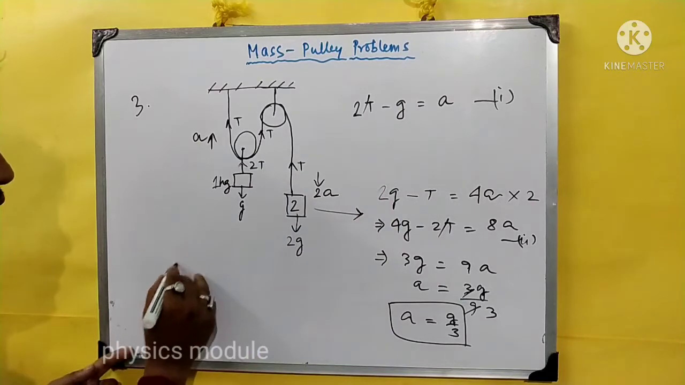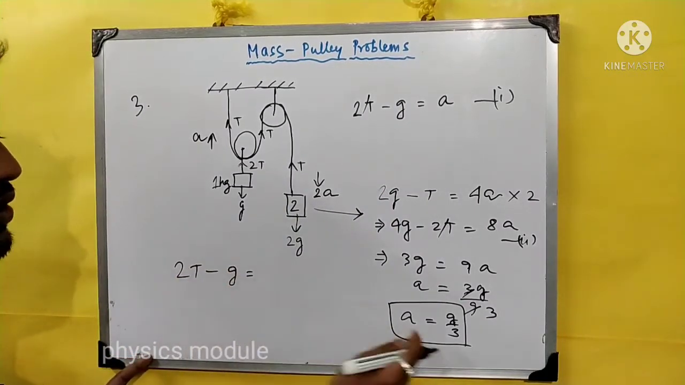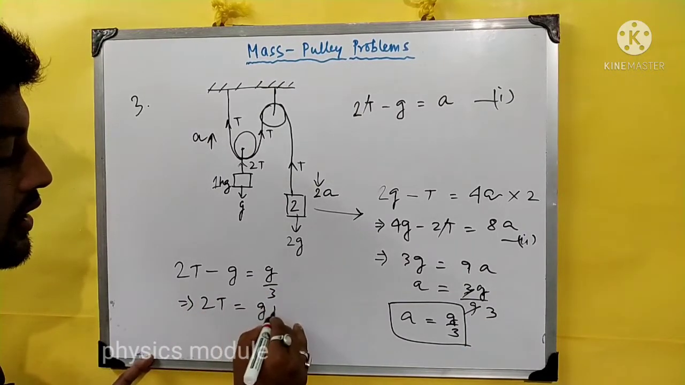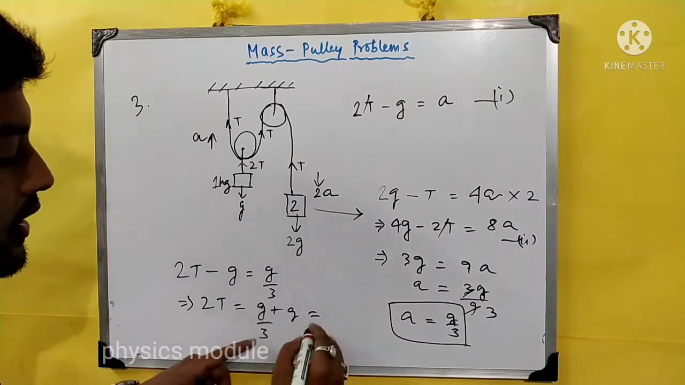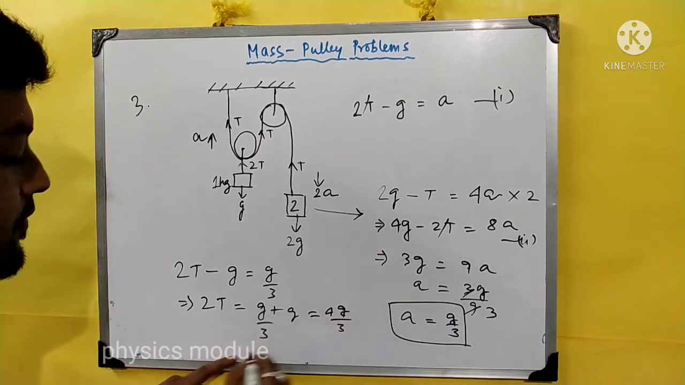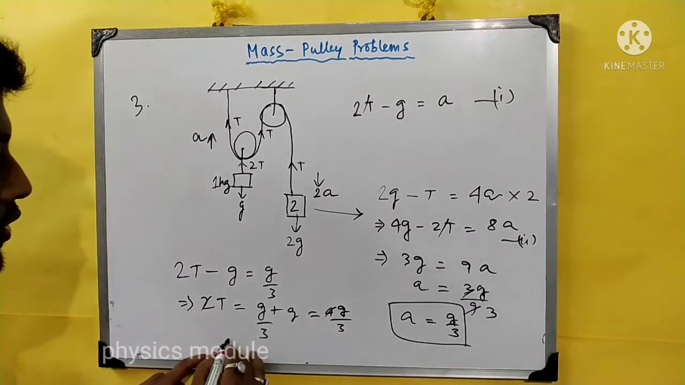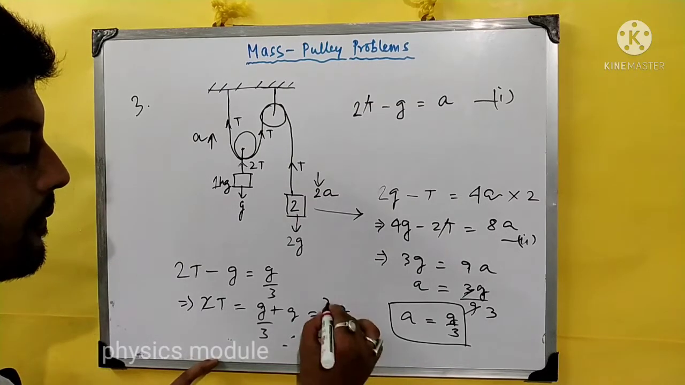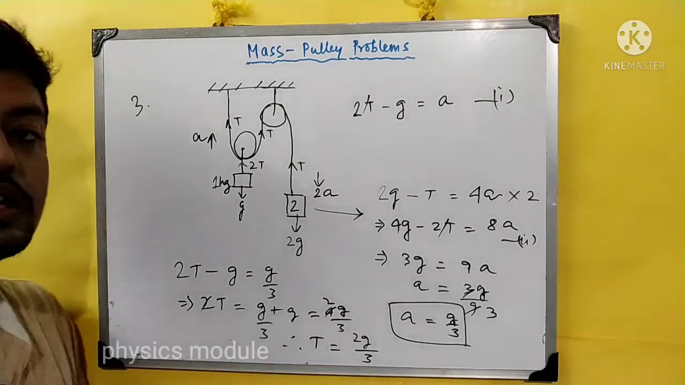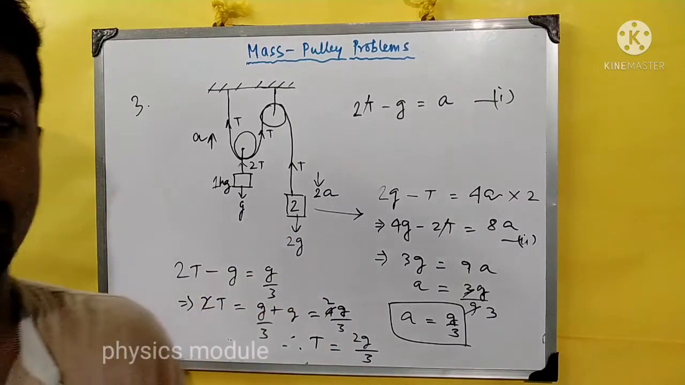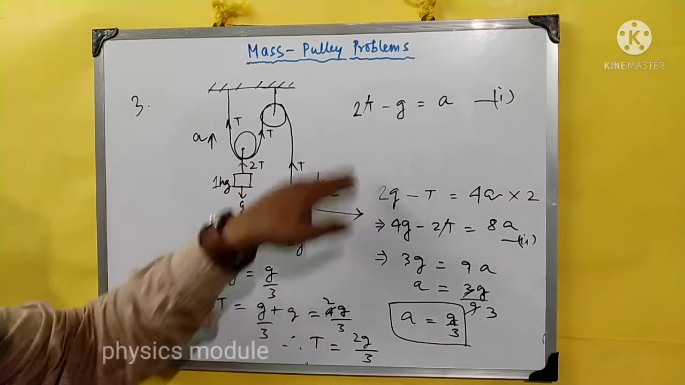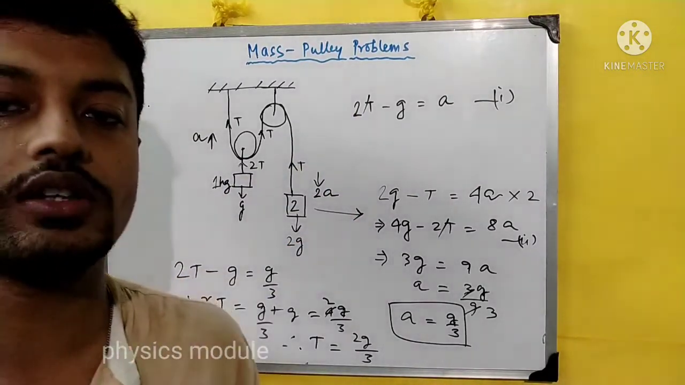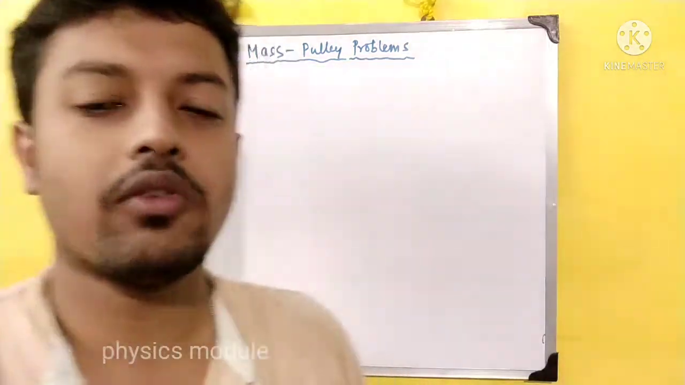In the first equation, if you put 2T minus G, you have to put the value of A, which is G by 3. So 2T will be equal to G by 3 plus G, which will be 4G by 3. So 2 gets cancelled out, and the value of tension will be 2G by 3. Okay, this is how you can solve the mass and pulley problems by simply constructing these two equations, considering Newton's second law, which is F equals ma. Okay, let's move on to our next example,